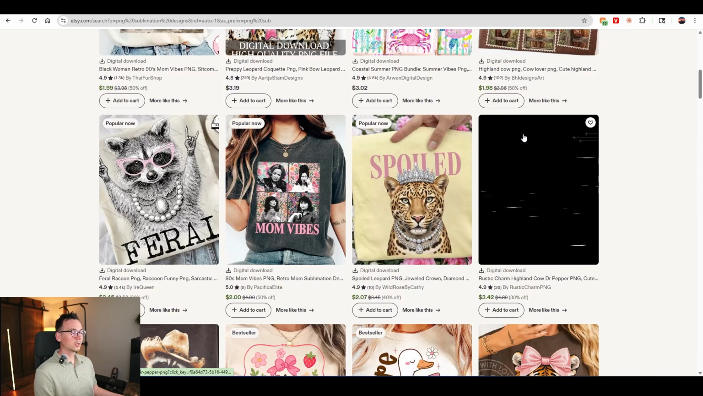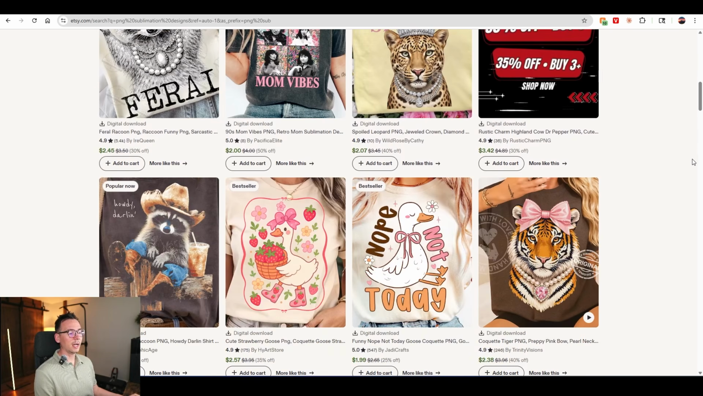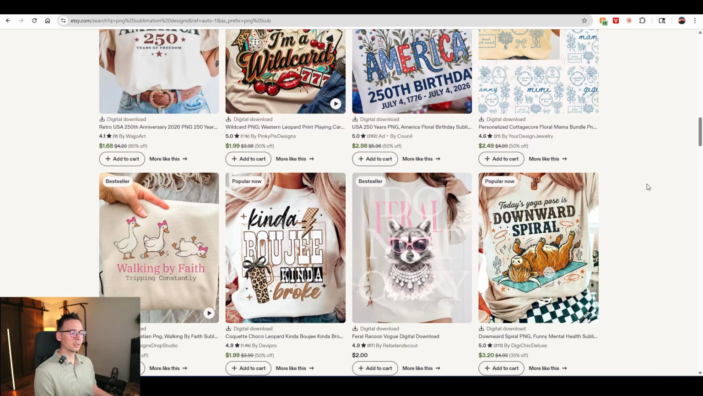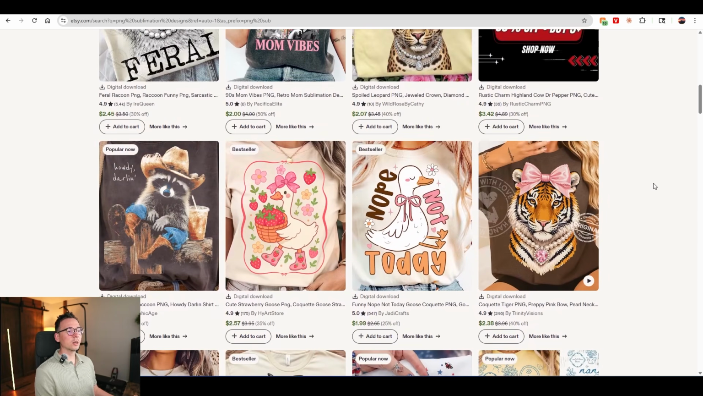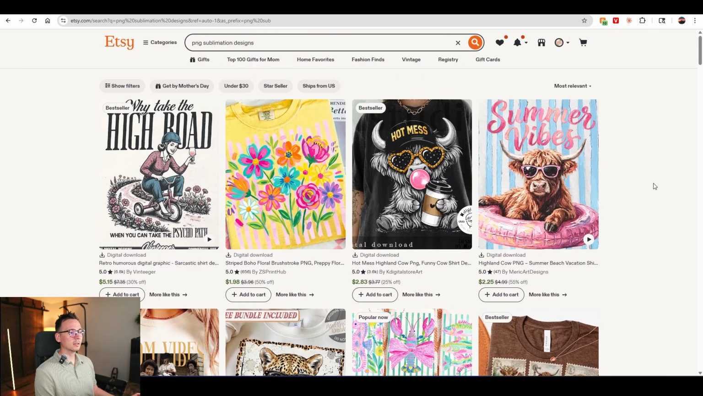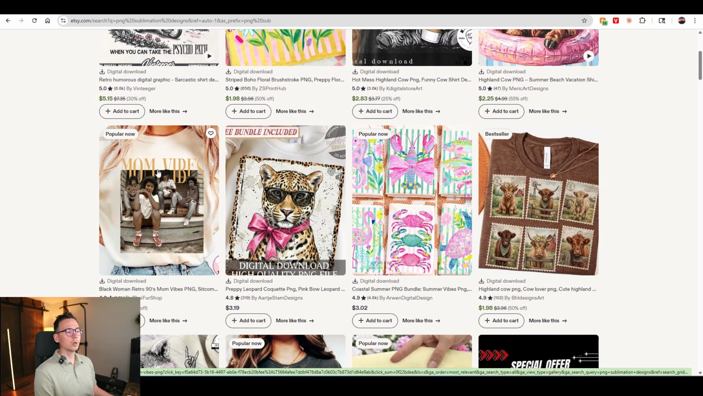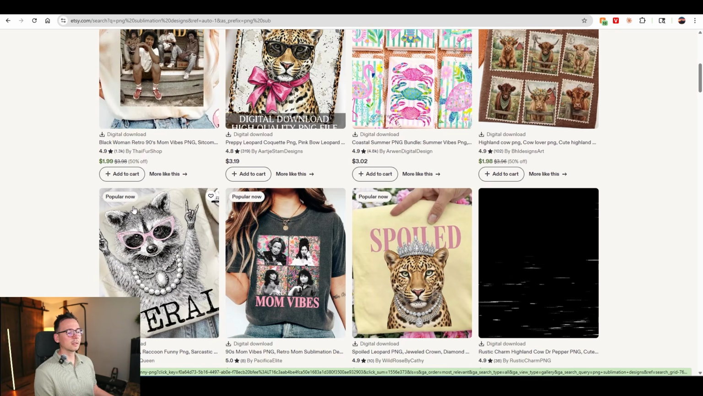Okay, but let's test it out for something that actually interests me, which is t-shirt design. As I told you, I am a t-shirt designer. That's my bread and butter, and I sell digital versions of the designs. I don't really do print on demand when it comes to t-shirts, but you can do both. What I usually do is scan Etsy for the best sellers. Anything that's tagged with bestseller or popular now, I try to create something in that style,